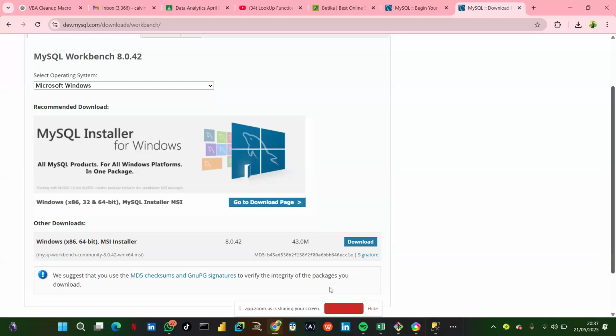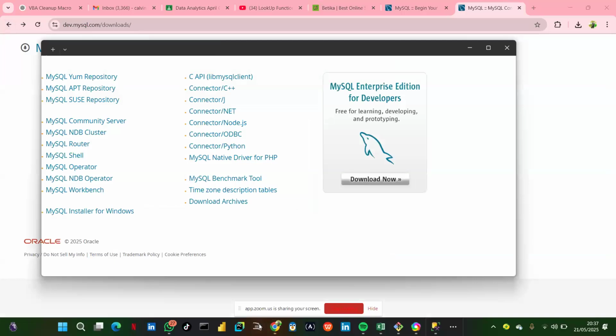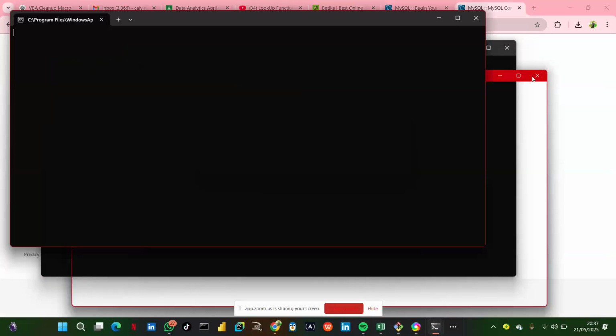So guys, I hope you can see where you find MySQL. Now, Calvin, you said you have Linux, right? You have Ubuntu. Okay, open it. I want to show you something. So my SQL root password is what now? I will set it for myself. You just set it for yourself. Password. Now make